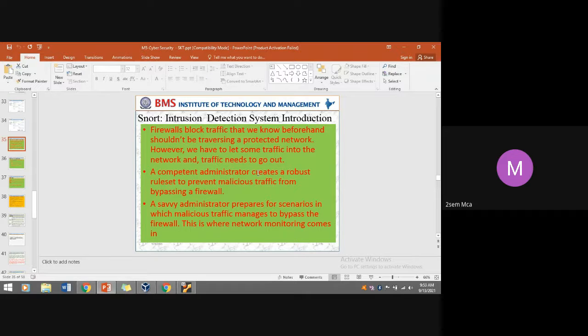If we write a rule in such a way that any traffic trying to bypass is going to be denied, this scenario is not applicable for all kinds of traffic.